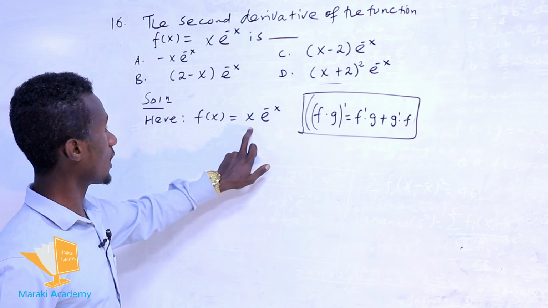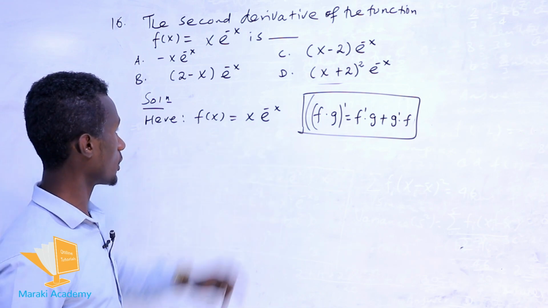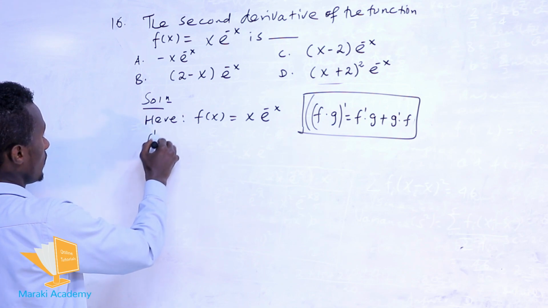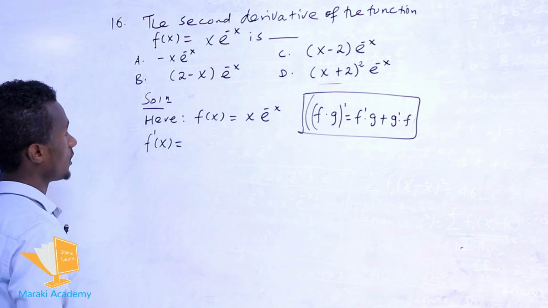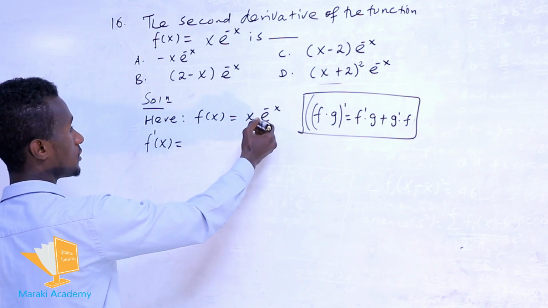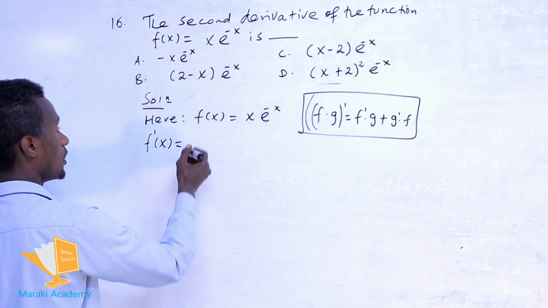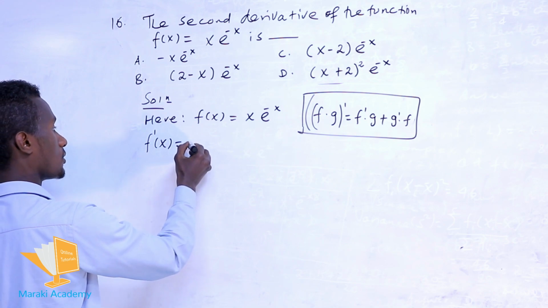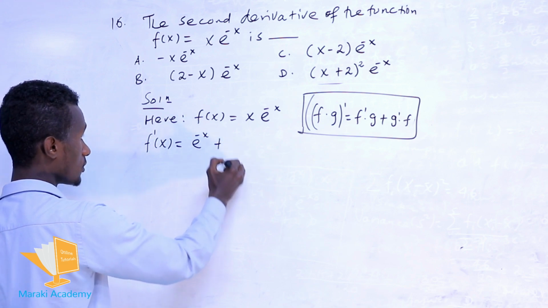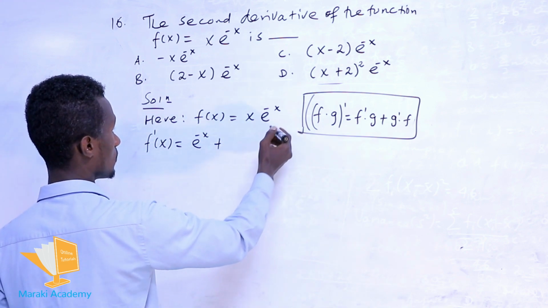የመጀመሪያውን ፋንክሽን እንደ x መውሰድ እንችላለን፣ ሁለተኛውን ፋንክሽን ደግሞ e raised of minus of x መውሰድ እንችላለን። ሶ በመጀመሪያ ፈርስት ዴሪቬቲቭን እንፈልግ። The first derivative of this function: we differentiate x with respect to x, we get 1 times e raised of minus x ይሆናል። This is e raised of minus x ይሆናል። Plus, when you differentiate this